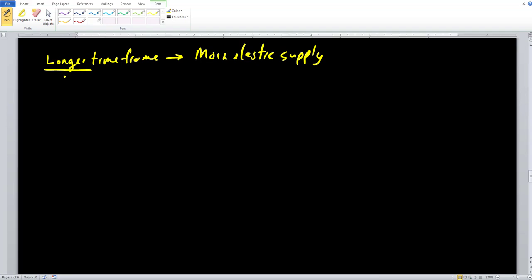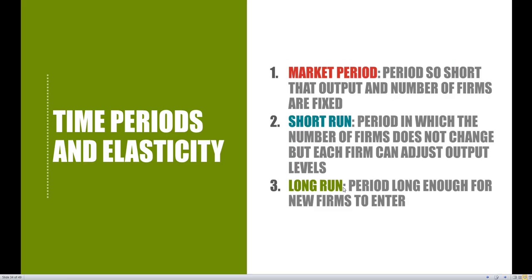So there's actually 3 different time periods we can take a look at when we introduce the supply side. We take a look at the market period, the short run, and the long run. And notice here that all 3 of these time periods have nothing to do with a specific amount of time. So we can't really say that the market period is maybe 1 day, the short run is 1 week, and the long run is 10 years. We really can't do that in economics at all. We have to follow exactly how we lay it out as we put on this particular slide.